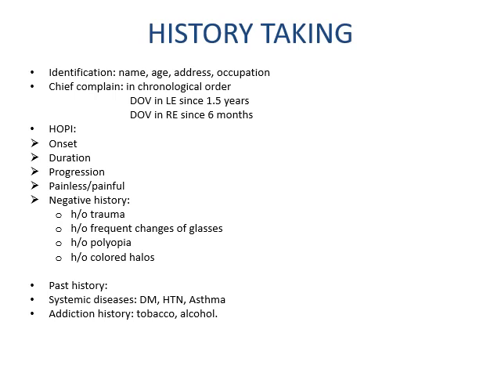Next comes the history of presenting illness or HOPI. HOPI must contain an elaboration of only the complaints mentioned in the chief complaints. There should not be any other new complaint in the HOPI. So HOPI comes under the heading onset. In our case, onset will be insidious. Duration will be diminution of vision in left eye since 1.5 years and in right eye since 6 months. Progression, usually for insidious onsets, progression is gradually progressive.